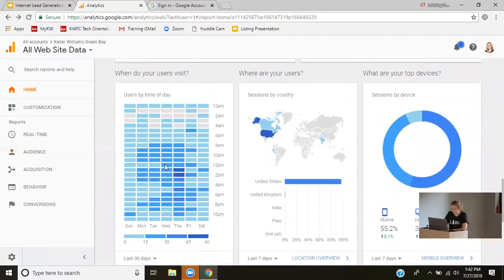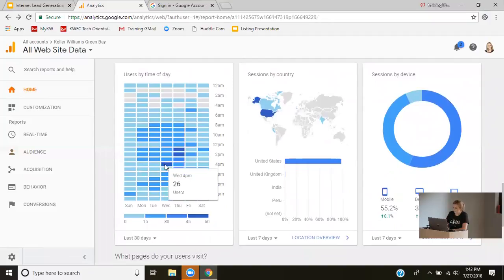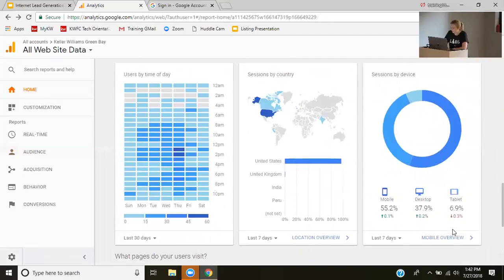I love that they've added all of this on here because it's keeping us from trying to remember where in the menu everything was. Then it's going to tell you also sessions by device. So that just gives you a little bit of information as to how people are viewing your site. So ours is, wow, we've got more than half of the people going to our site are using their mobile phone,